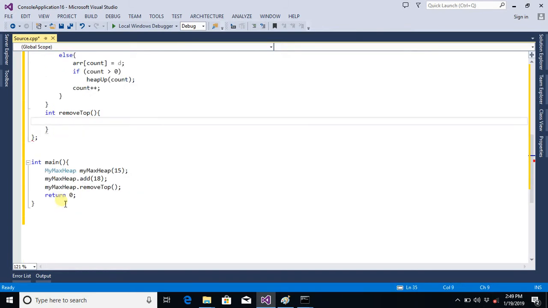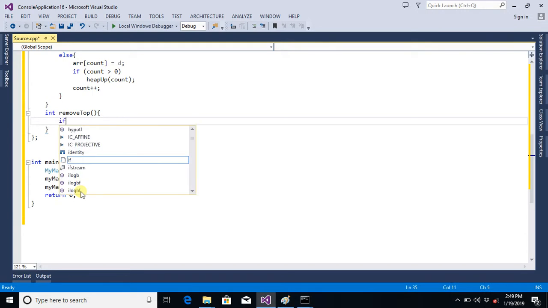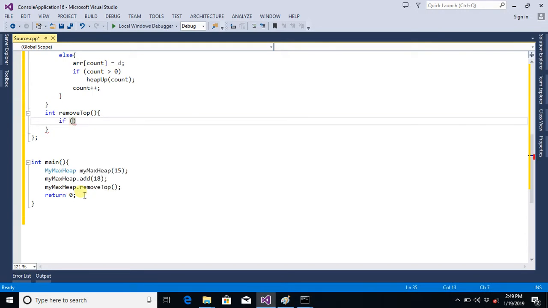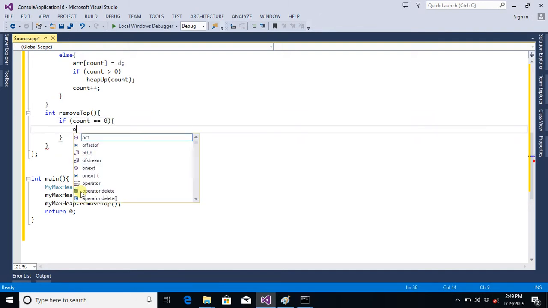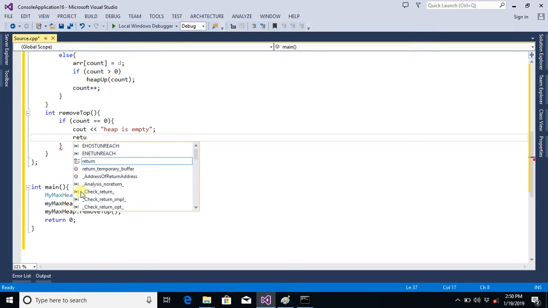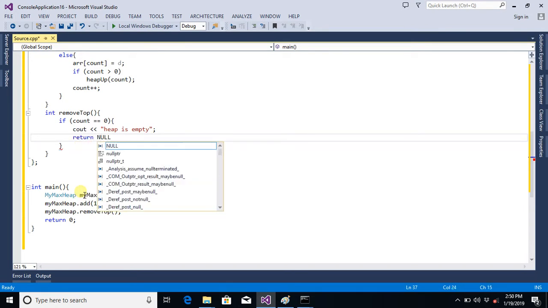And first of all, we will check if the heap is not empty. If count is 0, we can say that heap is empty, and we can return simply a null value. And in the else case,